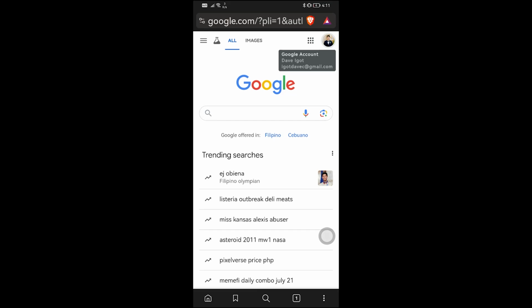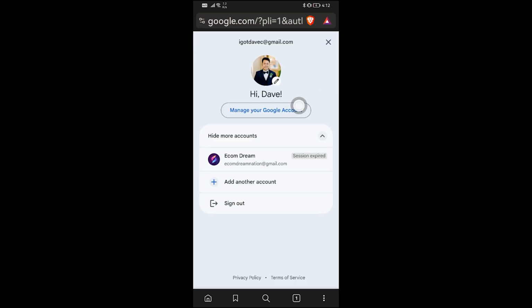In this video, I'm going to show you how to check Gmail password in mobile. So for you to get this done, what I want you to do is use Google Chrome or any browser that you have on your phone for this one. And then we're just going to go ahead and click on our profile here and then click manage your Google